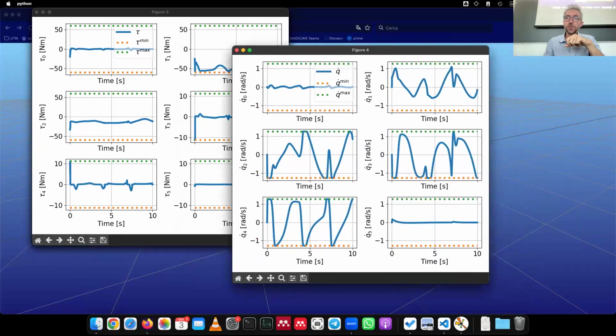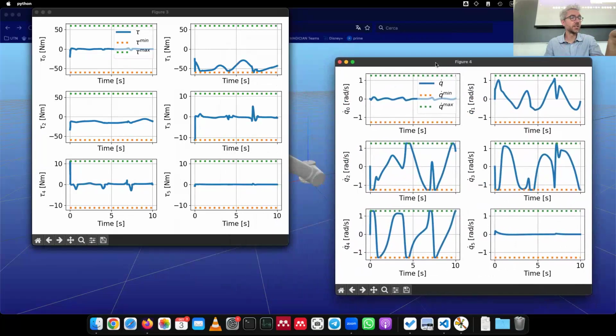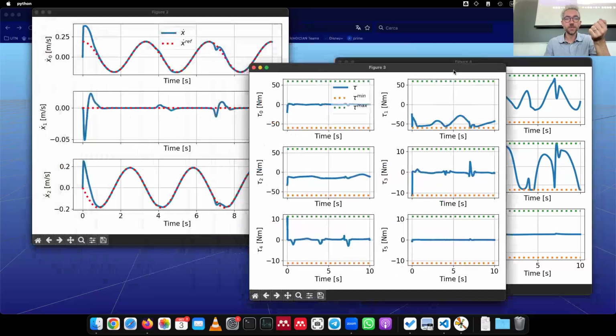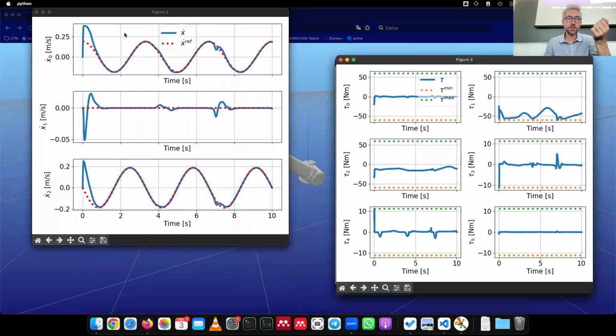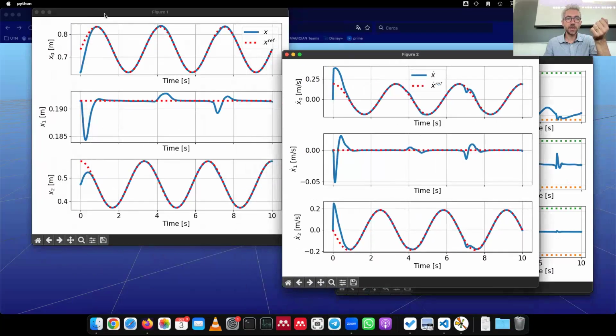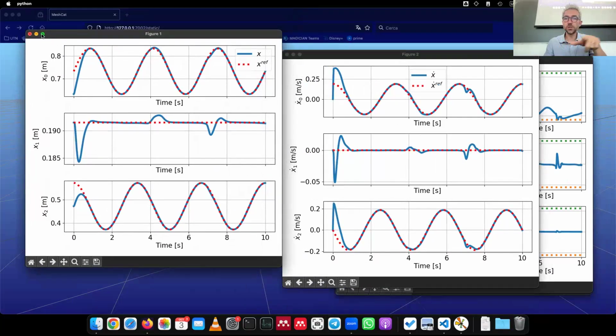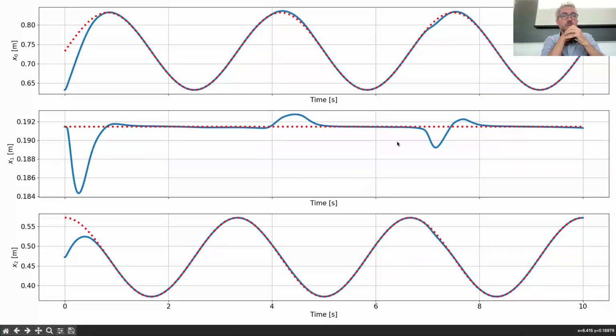Now here, when we are doing the plots, of course, we're going to be interested in looking at what's going on at the end effector, but also we want to keep an eye on what's going on at the joint level. So we have the torques, the joint velocities, and then we have the end effector position and velocity in 3D. So that's the end effector trajectory,